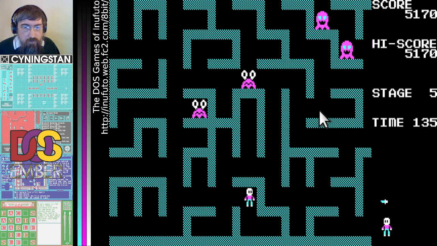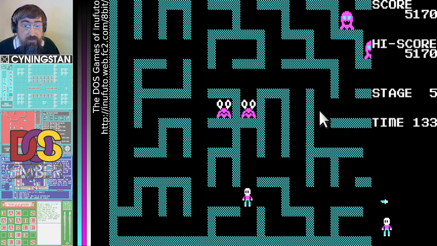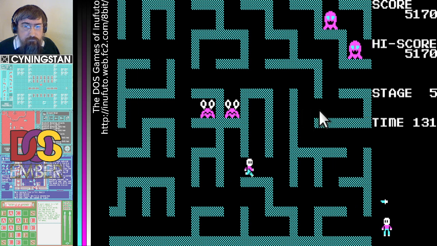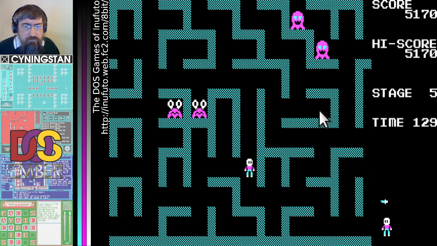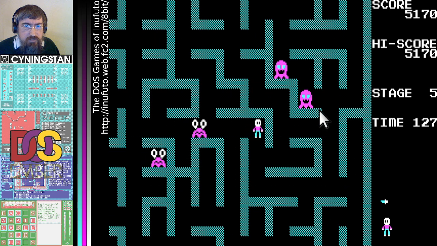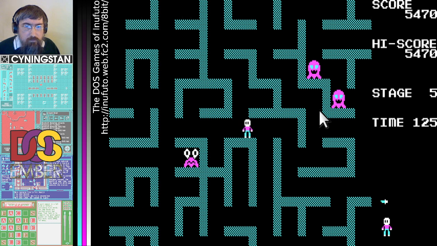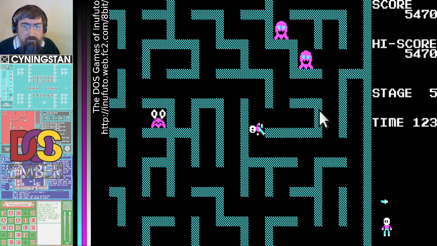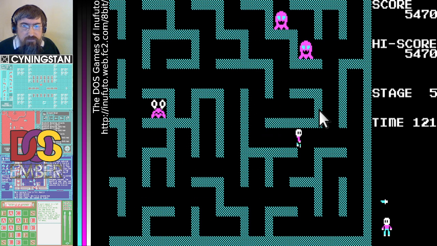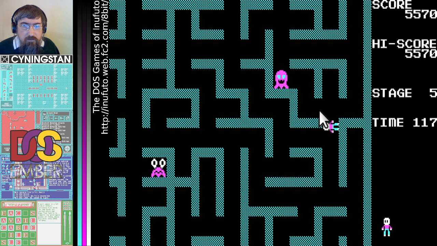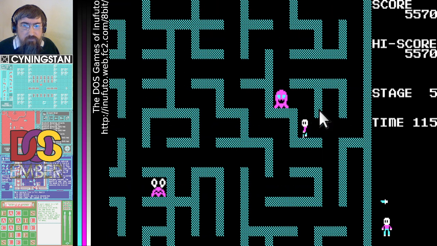Right, so I think I can leave the one on the left where it is. Alright, let's just not be hasty. Let's see if there are... Right, are you going to start moving when I get here? No, I think this level had two solutions.